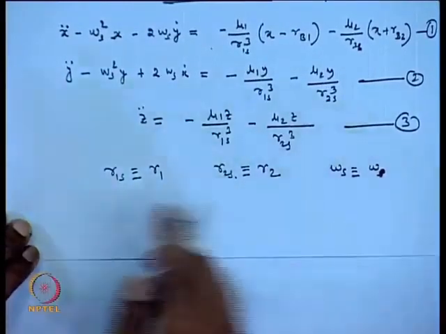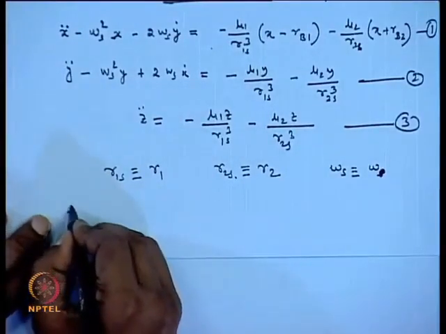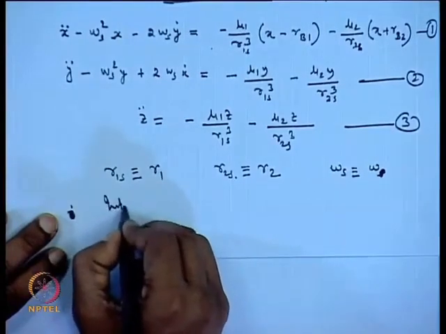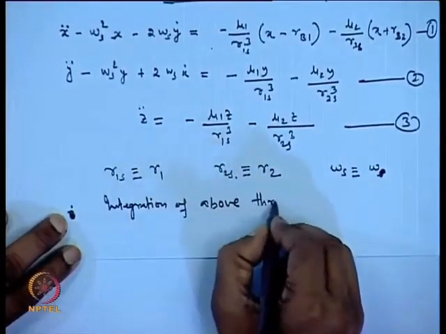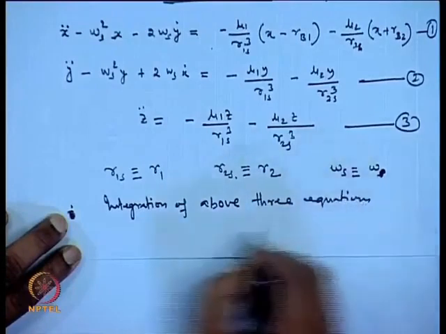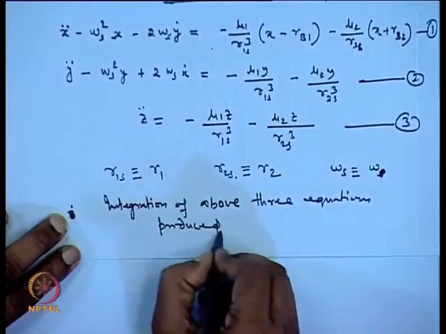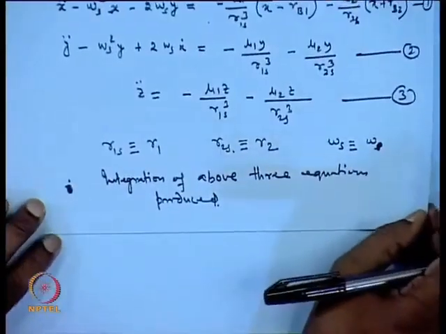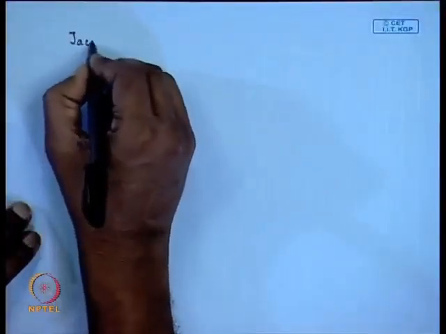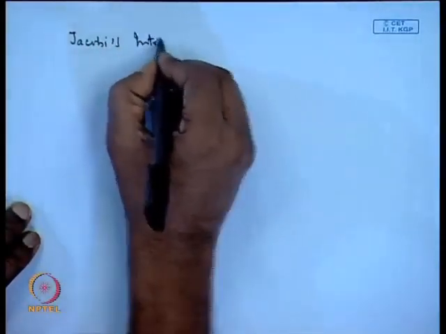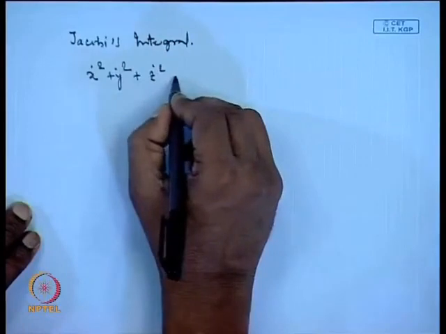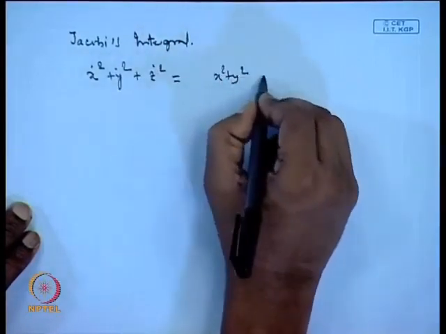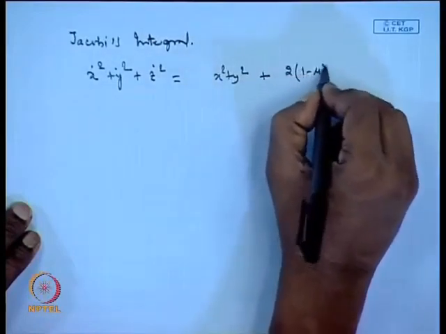Jacobi's integral. Okay. So, that we wrote as the integration of the above three equations produced Jacobi's integral, which we wrote as x dot square plus y dot square plus z dot square is equal to x square plus y square plus 2 times 1 minus mu star